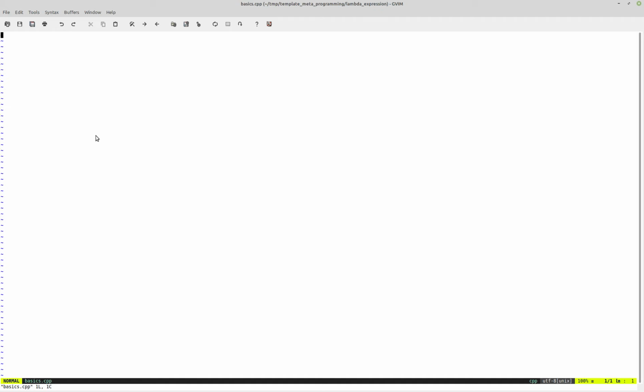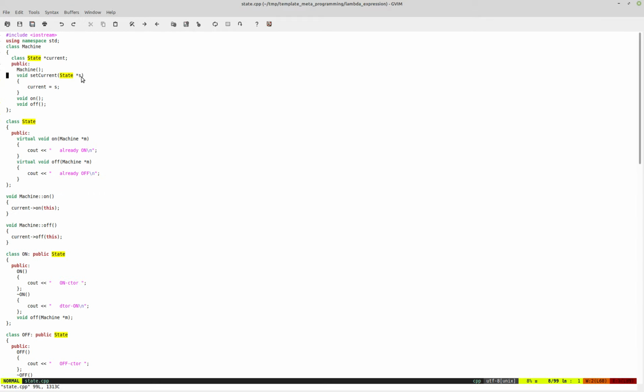Recently, I was very interested in C++ template metaprogramming. The reason being that I was required to implement a state machine in one of my projects. And when talking about state machine, normally this kind of implementation is the most common one that you can find